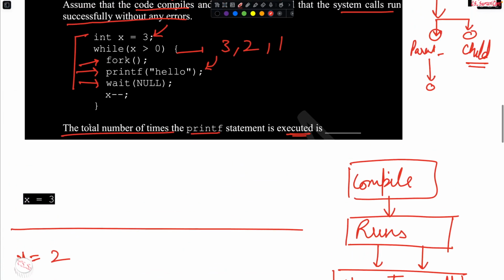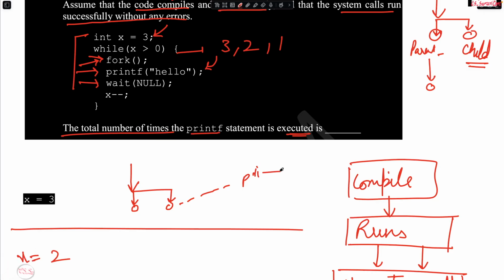Now we start with the parent thread. The parent thread starts over here and comes to this fork, where it produces a child thread and moves forward. So the parent comes over here, produces a child, and goes on like this. Let's suppose that this circle denotes the printf part.